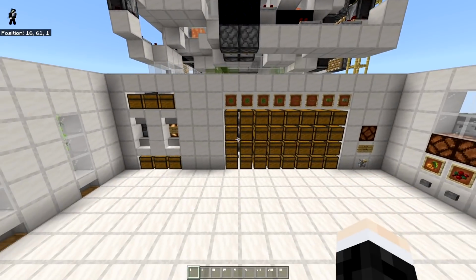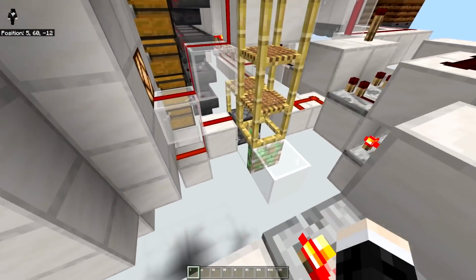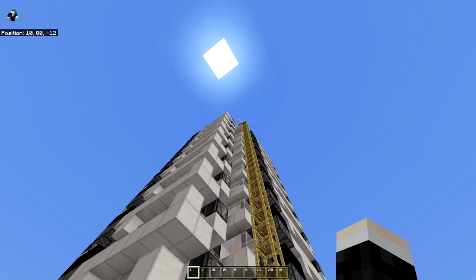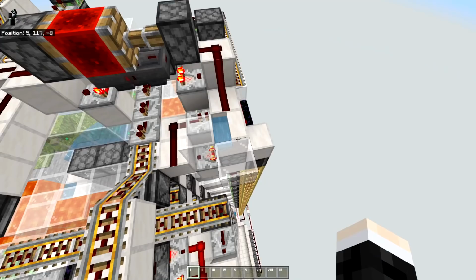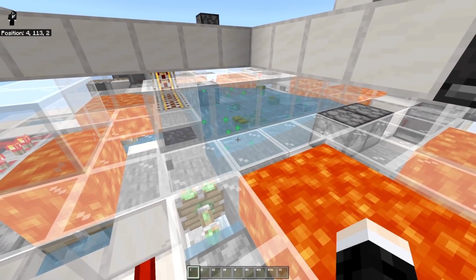Well, that's a lot of talk about it. Let's actually demonstrate it. So let's stay on the bone meal mode first. Once I turn this farm on, what will happen is that this piston will activate, and that will change the scaffolding, which sends a signal all the way up that the observer detects and sends into this T flip-flop. This T flip-flop will turn off and turn on the hopper clock, and the hopper clock controls this entire